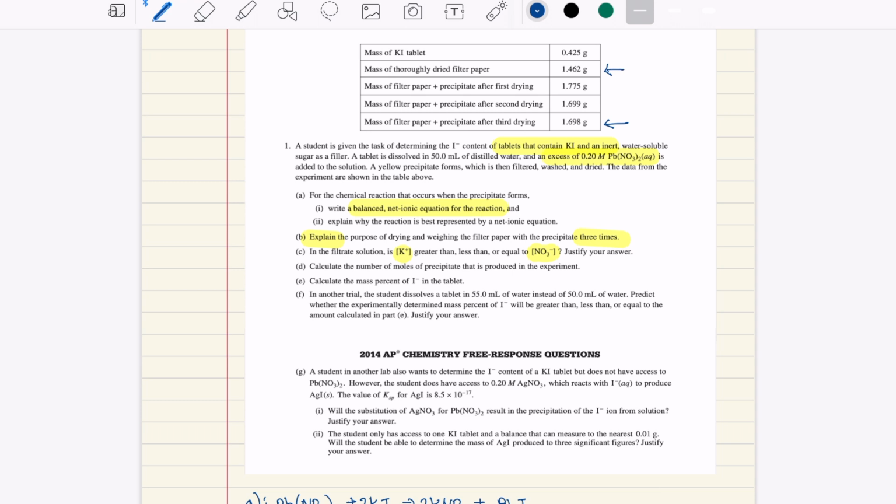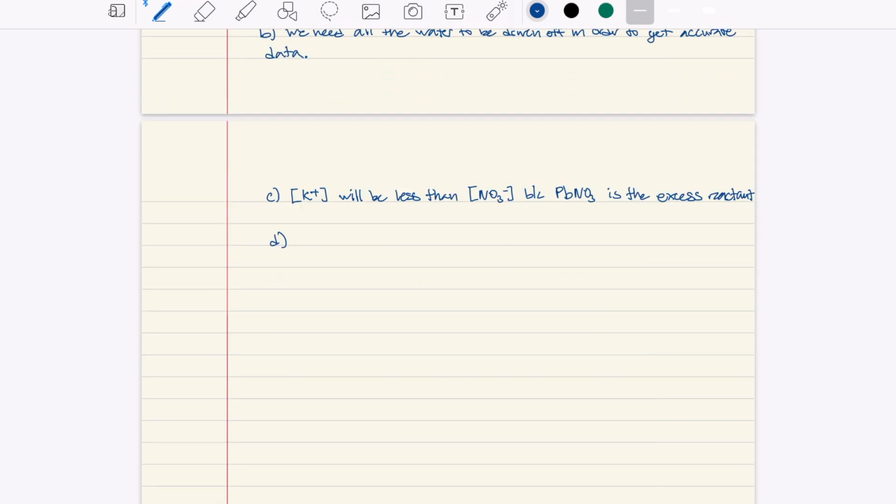So if the precipitate plus the filter paper is 1.698 grams, and the mass of just the filter paper is 1.462 grams, then all we need to do to find the mass of the precipitate is subtract those two numbers. So we do 1.698 grams subtracted by 1.462 grams, and that will get you